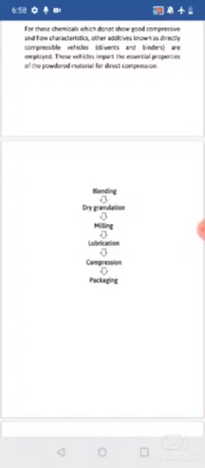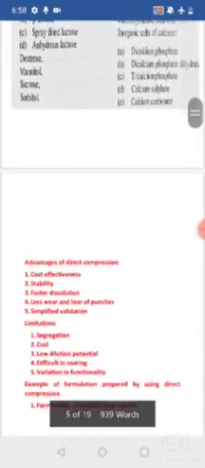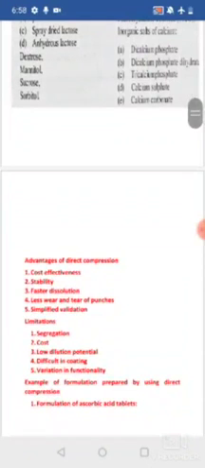it simply involves a simple procedure. You are going to blend the drug along with the other excipients. If you have added them, then you go with the mixing, that is the granulation. Then you are going to mill to the desired particle size. Then you are going to lubricate. Then you are going to compress in the form of tablet. So it is a simple method, direct compression. It doesn't require any extra equipment or extra additives.